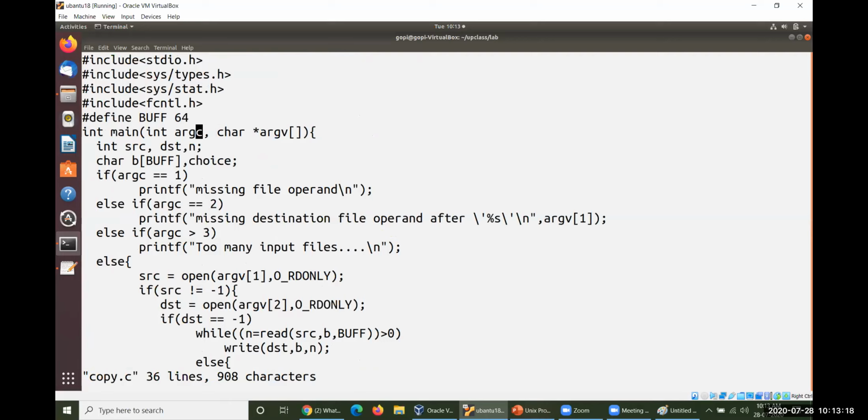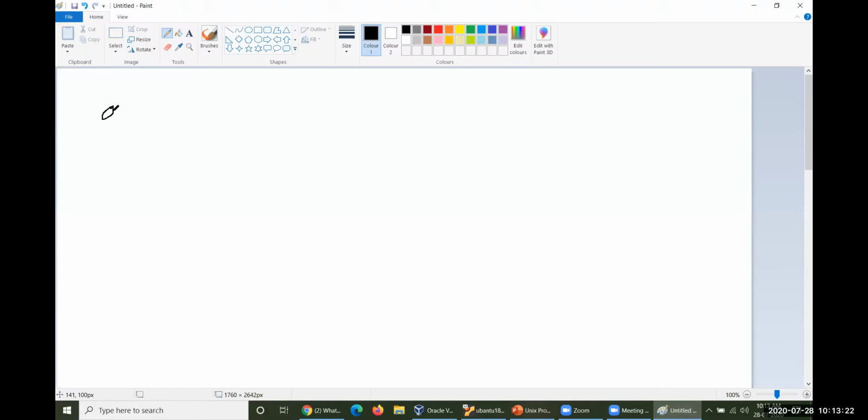ARGC always counts the number of parameters at the command line. Command line in the sense of the dollar prompt, where you may give ./copy. This is the first parameter, then the source file and destination file.